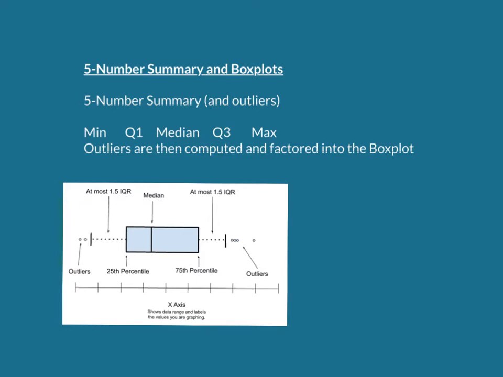So we can see in the box plot below what is plotted. So we have an x-axis that shows the data and labels the values that we're graphing. Then we've got a box, right? It's called a box plot, so there is a box. And we notice that the left edge of the box is Q1, the value for Q1, and the right edge of the box is placed at the value for Q3. We create our box, and then we plot the median in its proper place according to our x-axis.